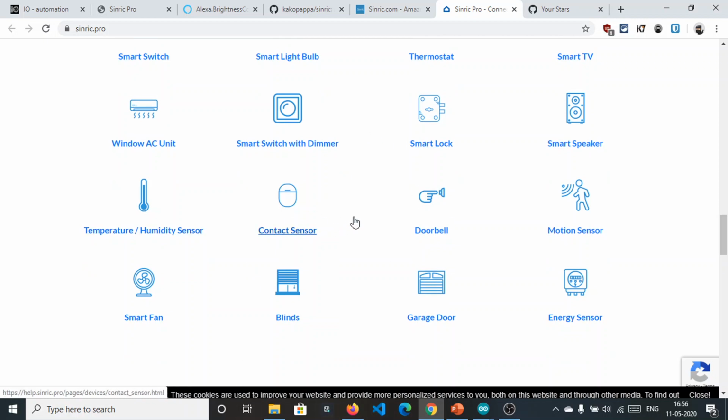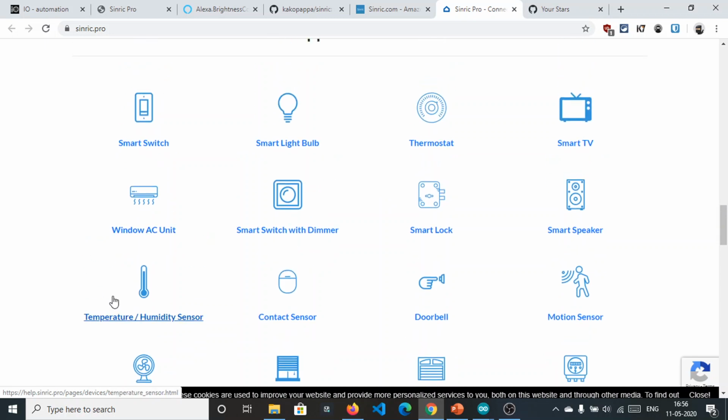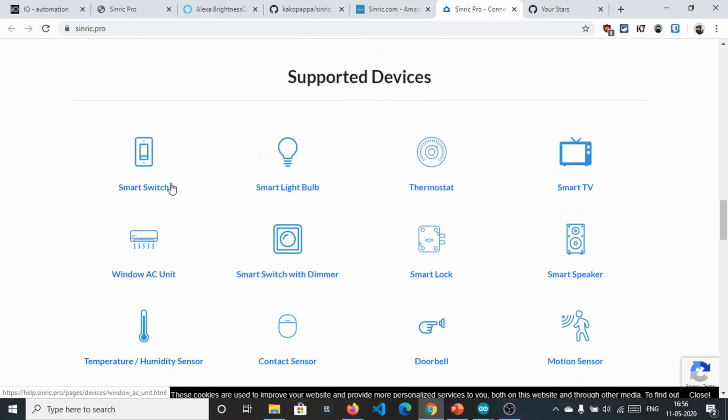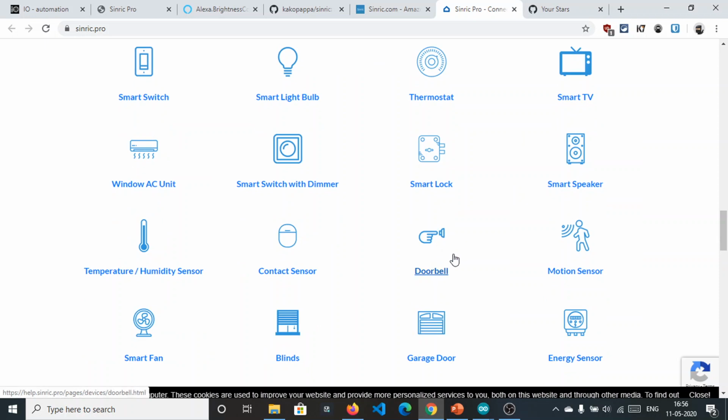Basically this Synric Pro library helps you in converting your normal sensors to these smart sensors. Basically if you have a normal switch, normal push button, you can convert it to smart switch or doorbell by simply using the library, with your Node MCU and the sensor you have or the switch you have, and that becomes Wi-Fi enabled, and you can use it as a doorbell.